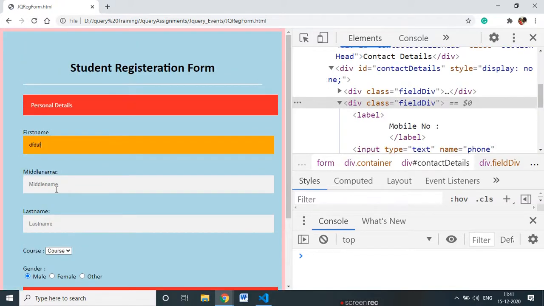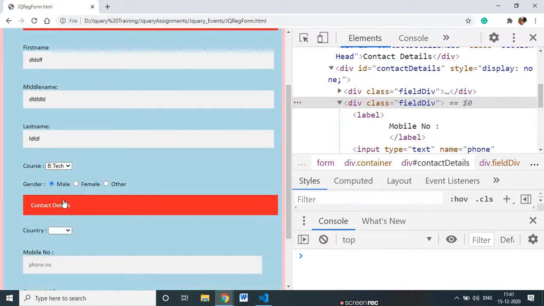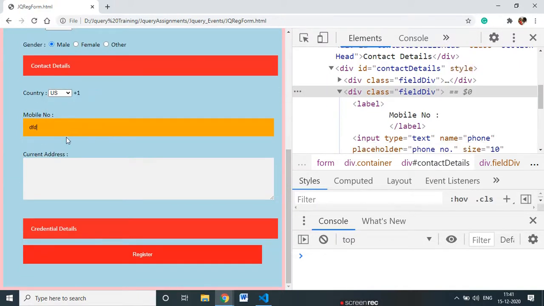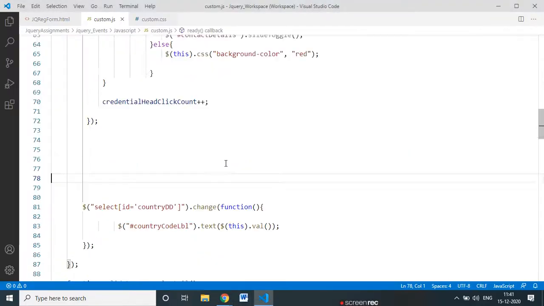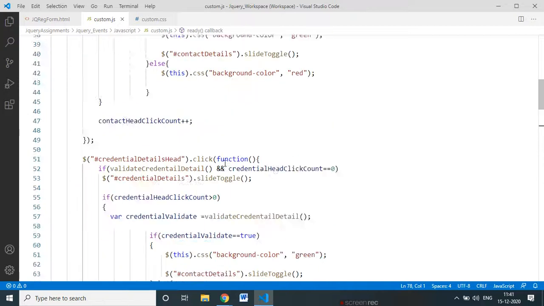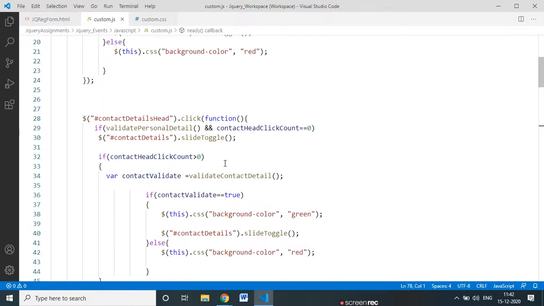Let me check. So it's still here. Ideally it should not give the error, but it's still giving us the error.